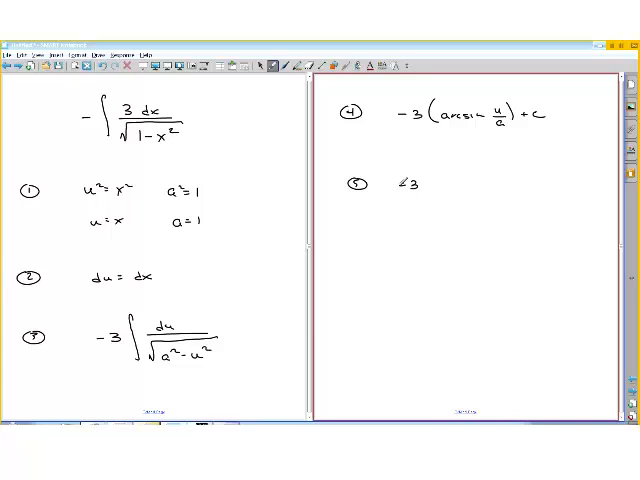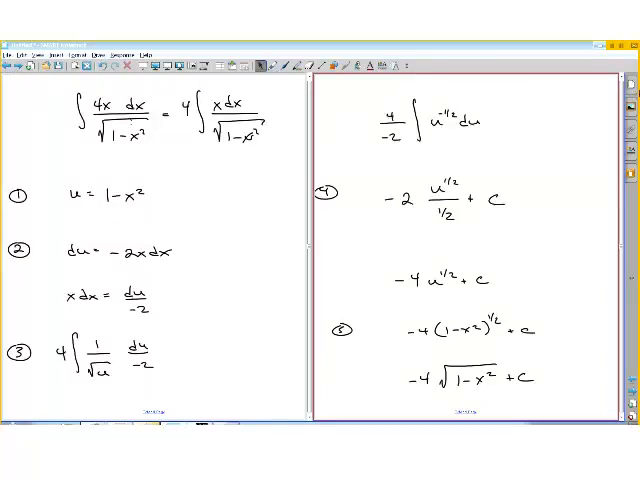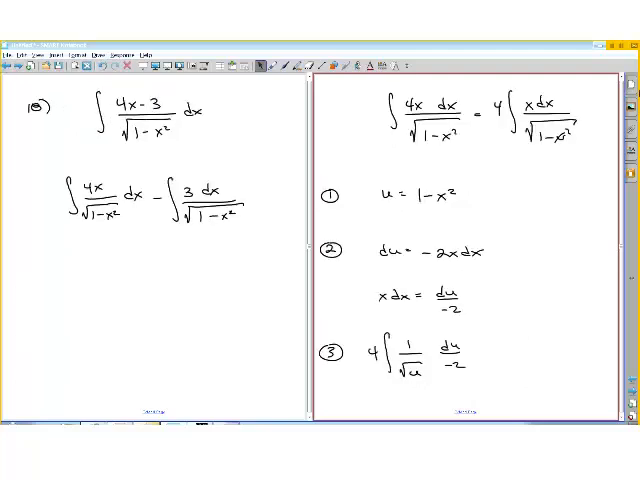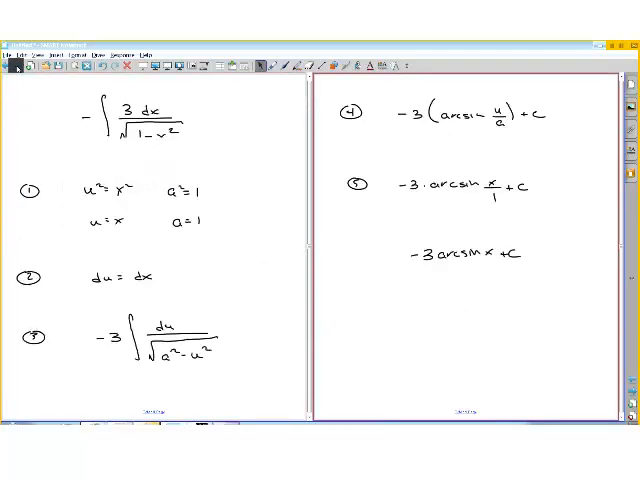And then step 5 is substitute in. We have to substitute in both the u, which is x, and a, which is 1. And so we can simplify that: negative 3 arc sine of x plus c. So the final answer, if we go back to the original expression here, so that's what we were doing. So that integral,